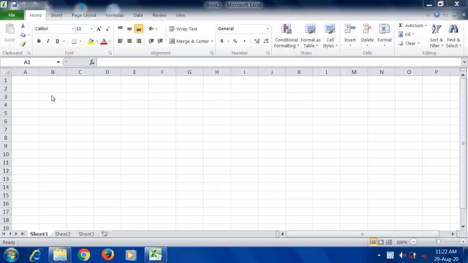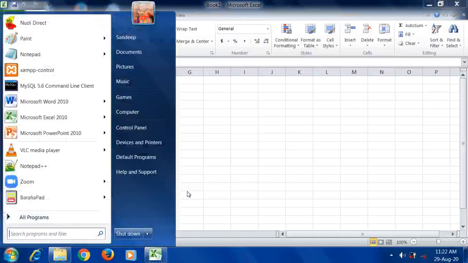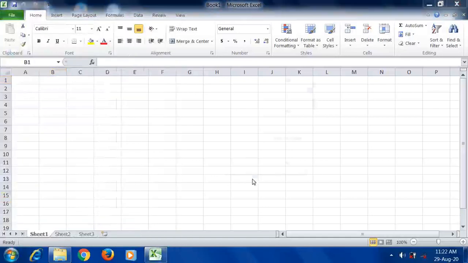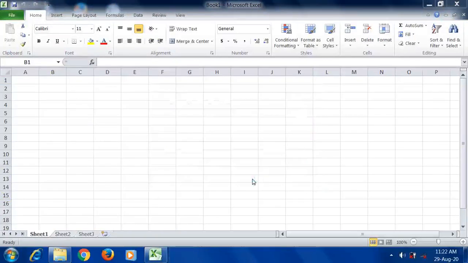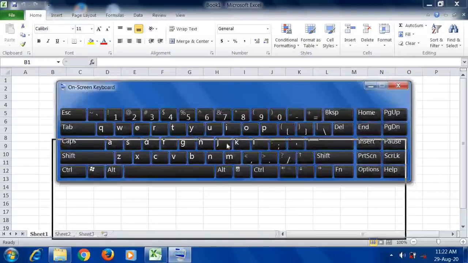if you want to move from one column to the right side, for example now you are here. Now if you want to move to the right side, you can press the forward arrow key. So when you press the forward arrow key, your cursor moves in the forward direction. So let me open the keyboard, then you will understand which is that forward arrow key. On screen keyboard. Okay, see here.